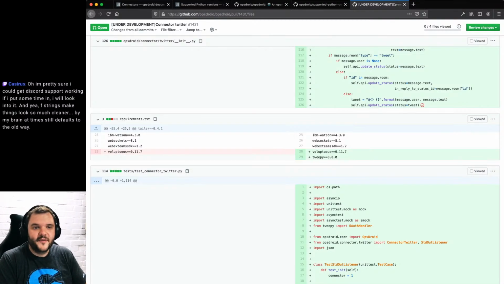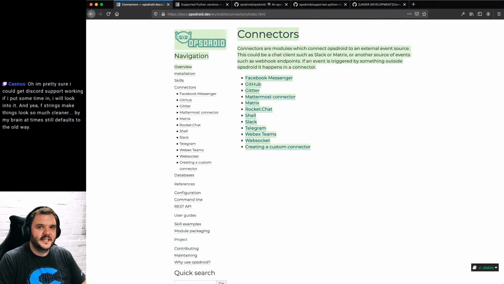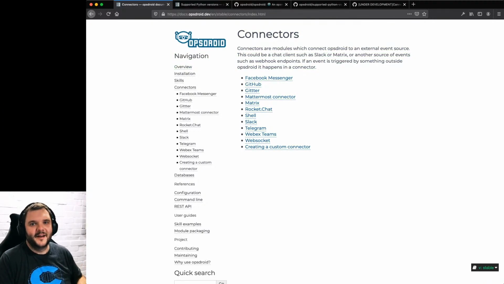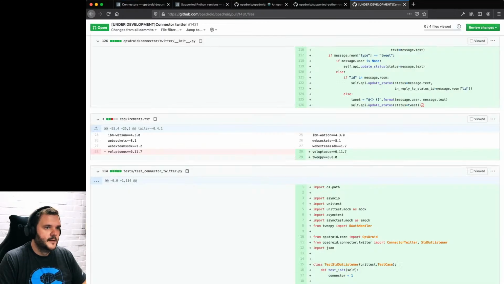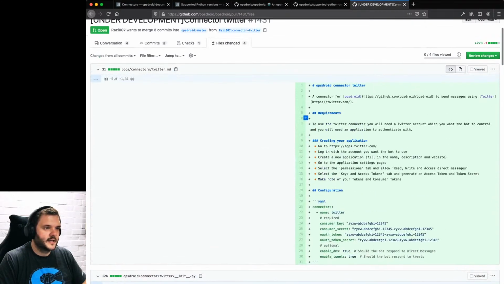But yes, please do, if you feel like contributing some time and code to Opsdroid, we'd really appreciate that. Also having somebody who is going to use Opsdroid with Discord and continually test it and make sure that it works. I think that's one of the challenges we have in Opsdroid: there's a whole list of connectors here and I don't use all of them, right? There's no reason for me to use all of them. So it's nice to have people in the community that are using them, are vocal, and are happy to fix things. We try to be a very welcoming community. If you want to come and join in, please do. We're happy to help through pull requests and things.